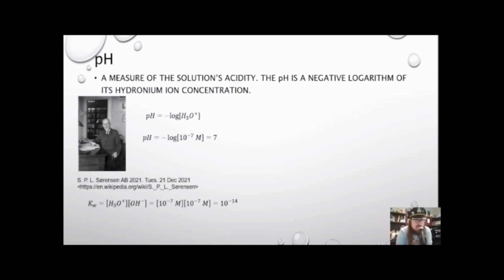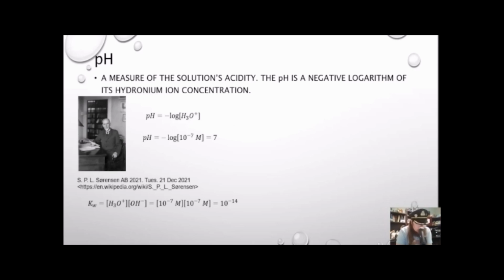If I say the difference between 0.01, which is 10 to the negative second molar, versus 0.0001, which is 10 to the negative fourth molar, these are kind of big changes, and it's kind of easy to miss a decimal here and screw things up. So rather than deal with this scientific notation, which can still be rather complicated, a Danish scientist by the name of